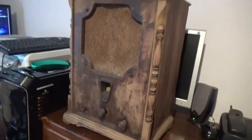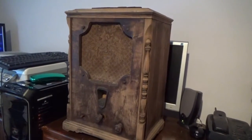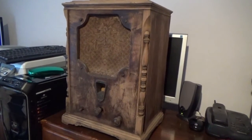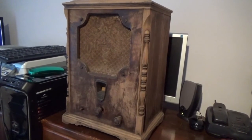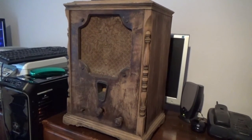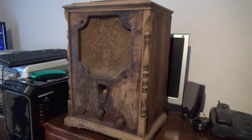So anyway, I back up and look at it. That's a pretty cool radio. GE S-22 Junior from, I think, 1932. So that's it, folks. You have a great day. I'm pretty happy about this. This was like a miracle getting this radio,